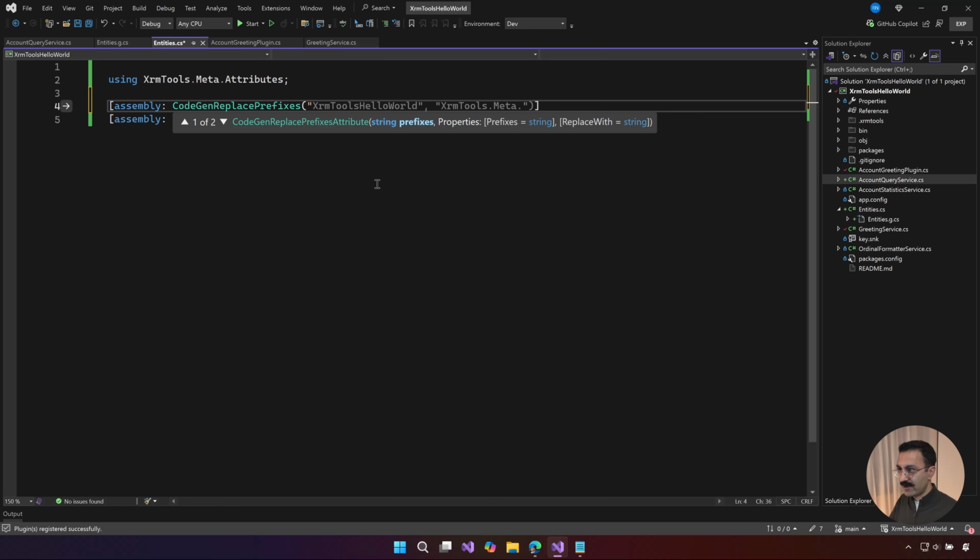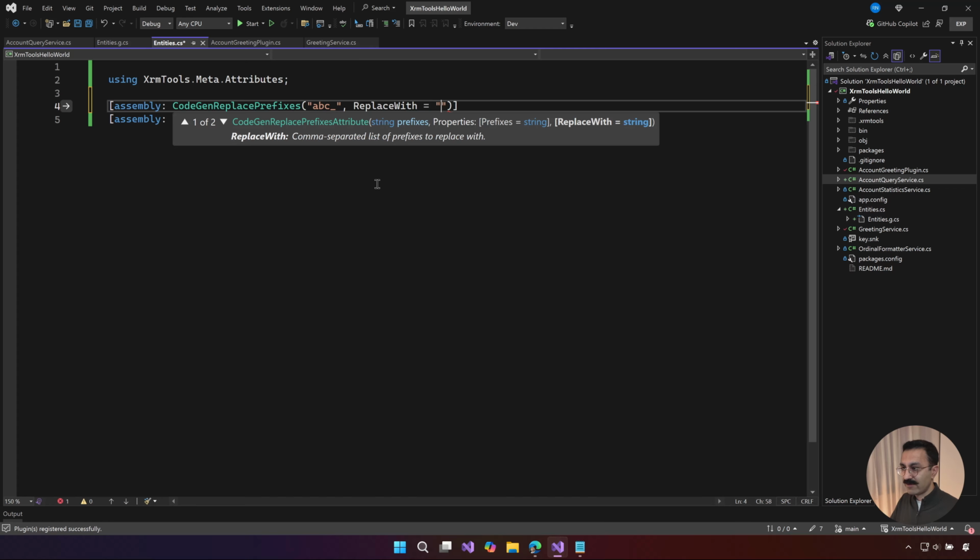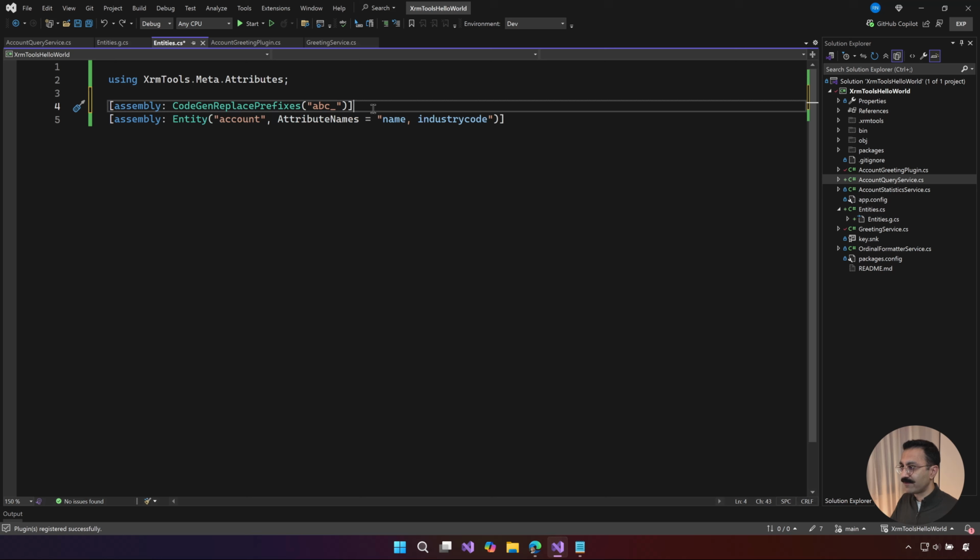You need to provide the list of all these prefixes you would like to remove, for example, ABC underscore, and you can optionally replace them by a new prefix if you want, for example, something like this. It's less common though, but it can be helpful, for example, if you don't want the names to collide in some cases. But in this case, I will just leave it as this.